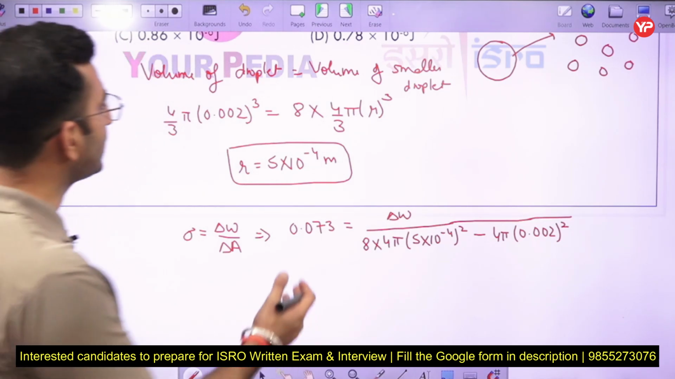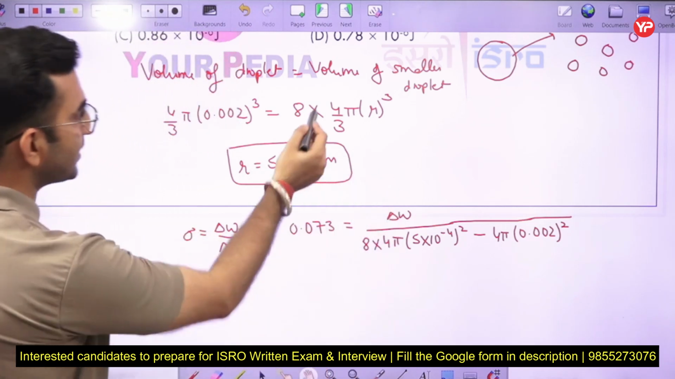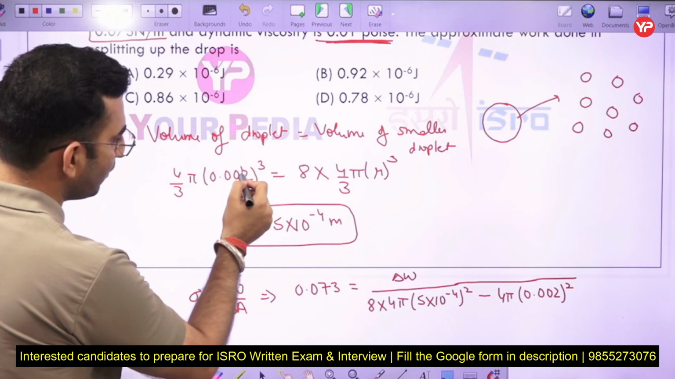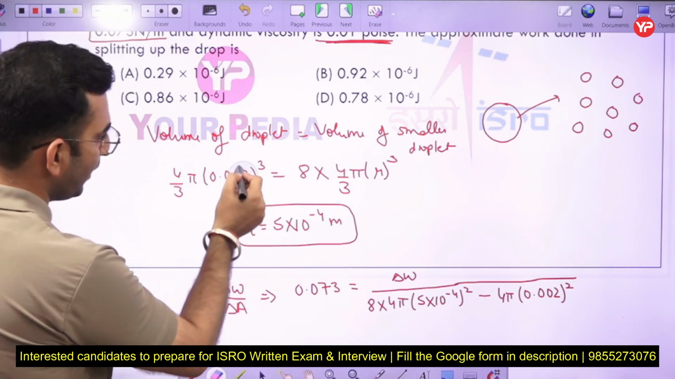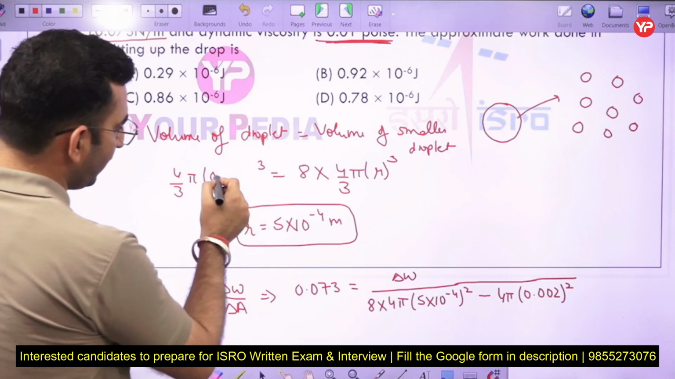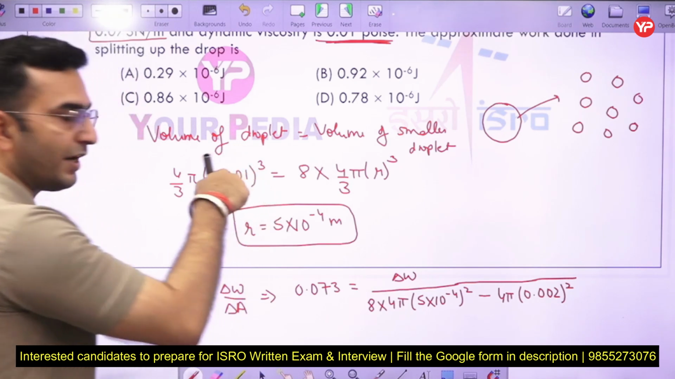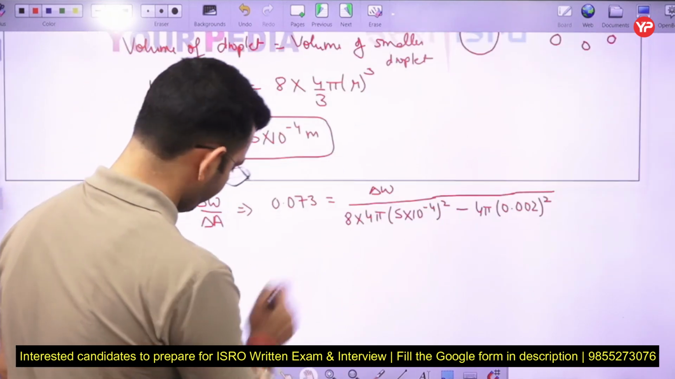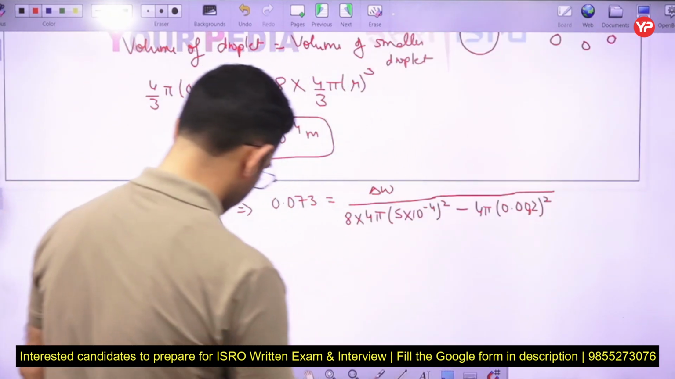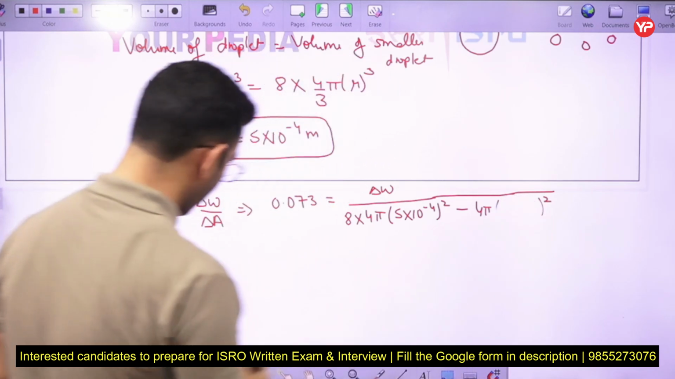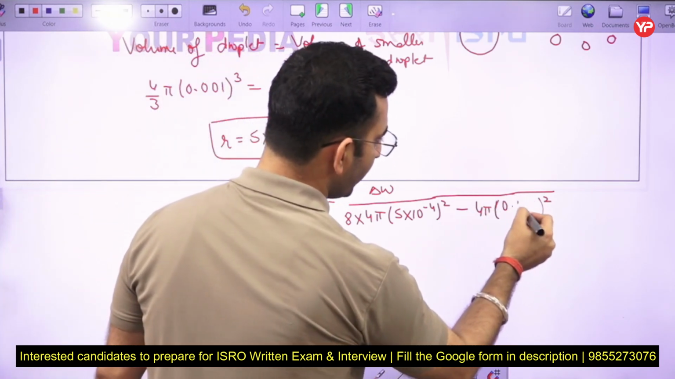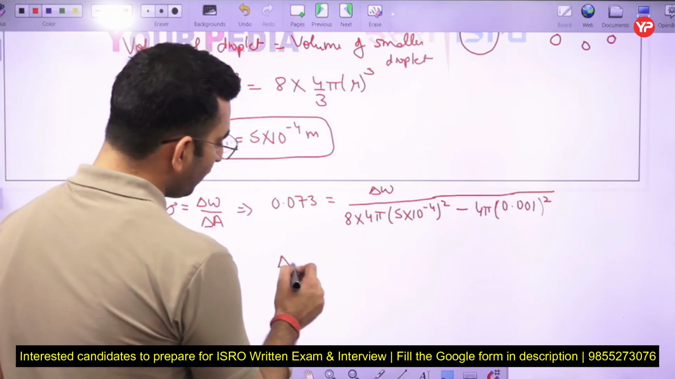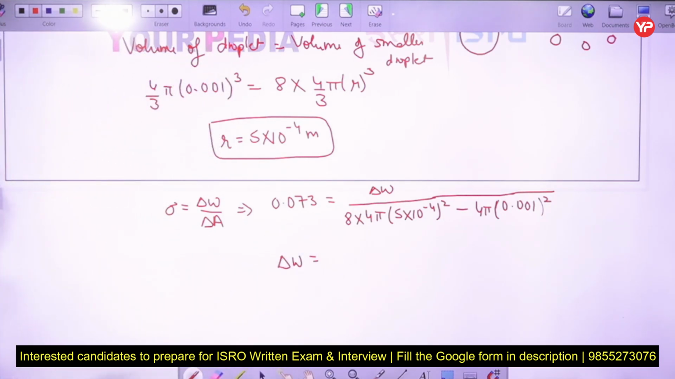Oh sorry, just wait a minute, give me a second here. The diameter is 2 millimeter, so first of all we have to put 0.01 here, because the diameter is given to us, it is not the radius. 2 millimeter is not the radius, it is the diameter. And correspondingly here we have to put 0.001. The delta W is coming out to be around 0.92